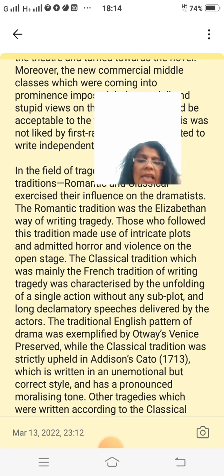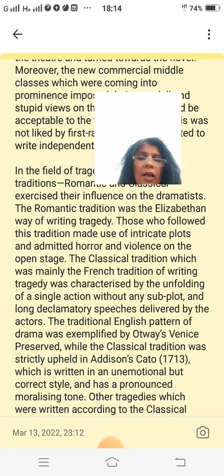Other tragedies which were written according to the classical pattern were James Thomson's Sophonisba and Dr. Johnson's Irene, but none of these tragedies, whether following the romantic or classical tradition, came up to